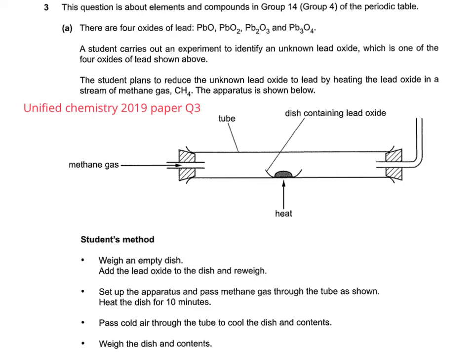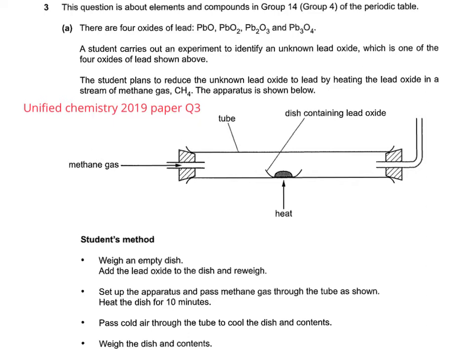Hi and welcome to this clip going through the Unified Chemistry 2019 paper question number 3. So this one's about an experiment that you might not have seen before. It's quite an applied question and it describes a way in which you can work out the empirical formula of an oxide of lead. So it tells you which 4 oxides of lead you've got to choose from, and the